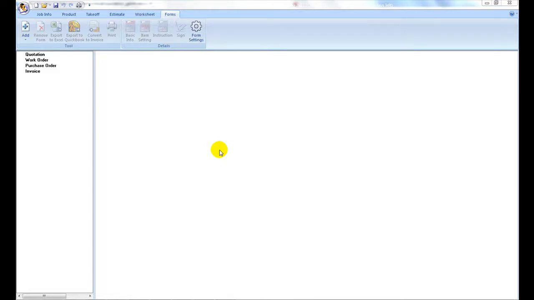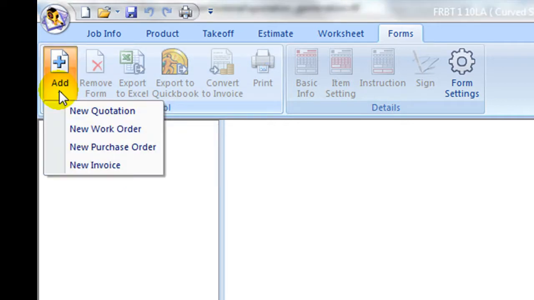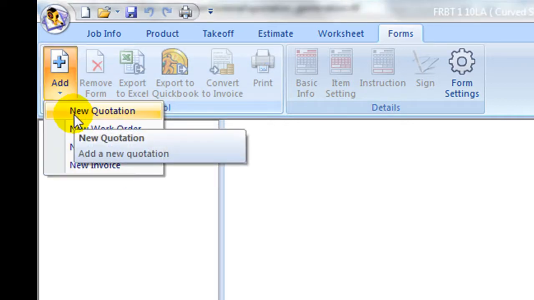Under the Forms ribbon, different types of forms under a job can be generated based on estimation data from the worksheet. On the left panel, forms of each type are organized under one of the type folders: quotation, work order, purchase order, and invoice. To create a new order form, click on the Add icon on the left and select one of the types,